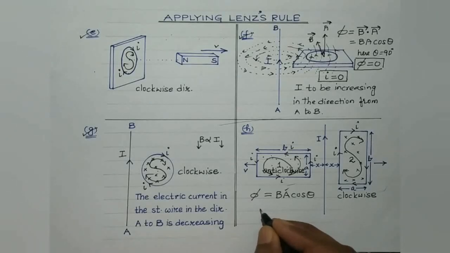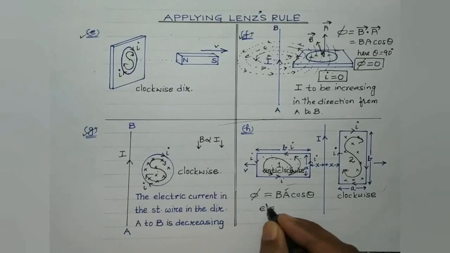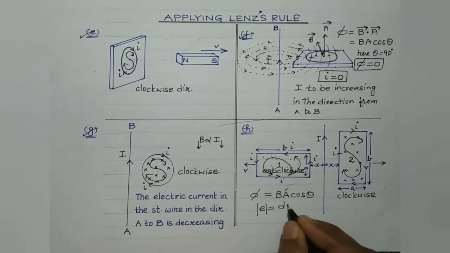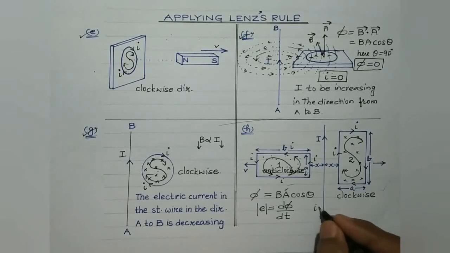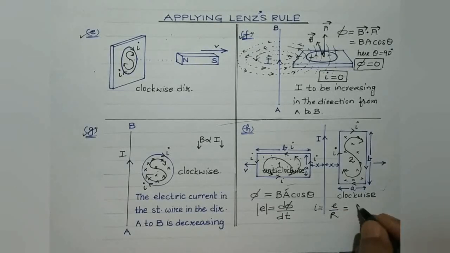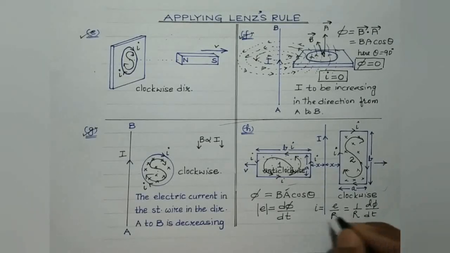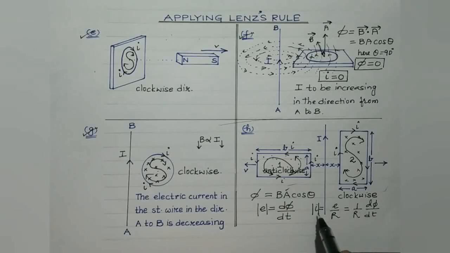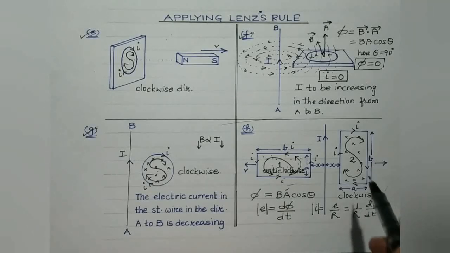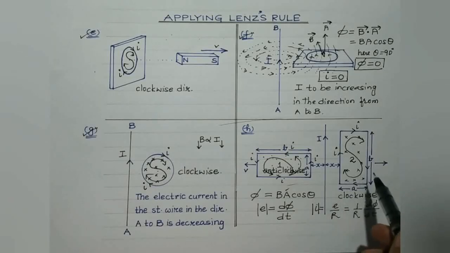Now we are aware the magnitude of the induced EMF is dependent upon the time rate of change of magnetic flux. And obviously the induced current would be equal to E by R, where R is the net resistance offered by the loop, so it can be written as 1 by R d phi by dt. I am talking about only the magnitude, right? So greater the rate of change of magnetic flux through the loop, greater will be the magnitude of the induced current so produced. Now students, in the case of loop 2, the EMF induced will be much more.